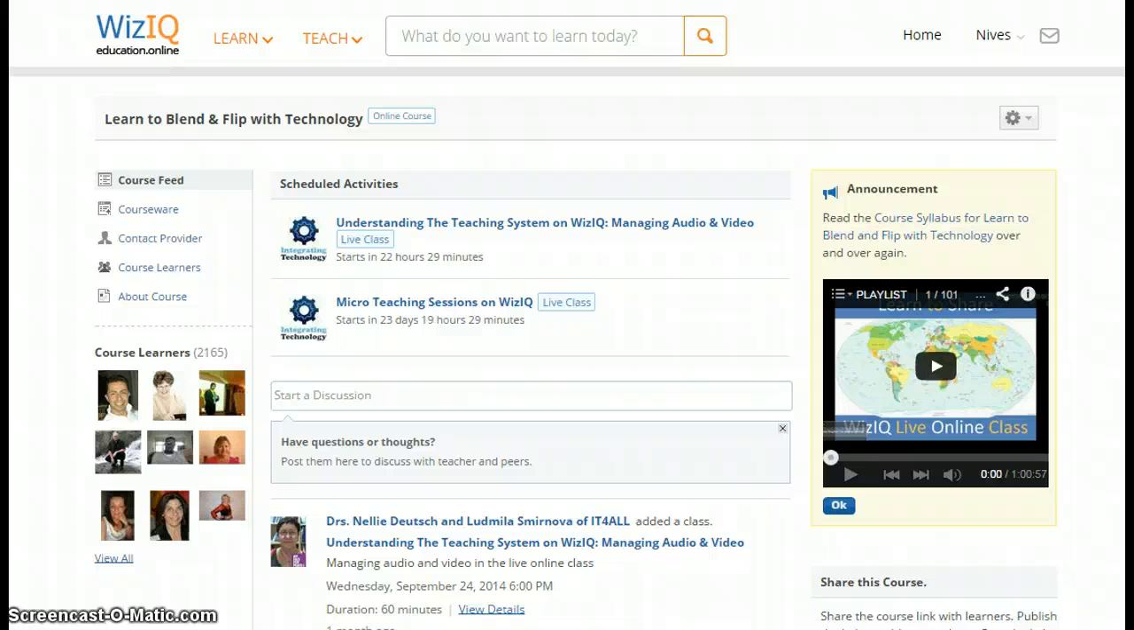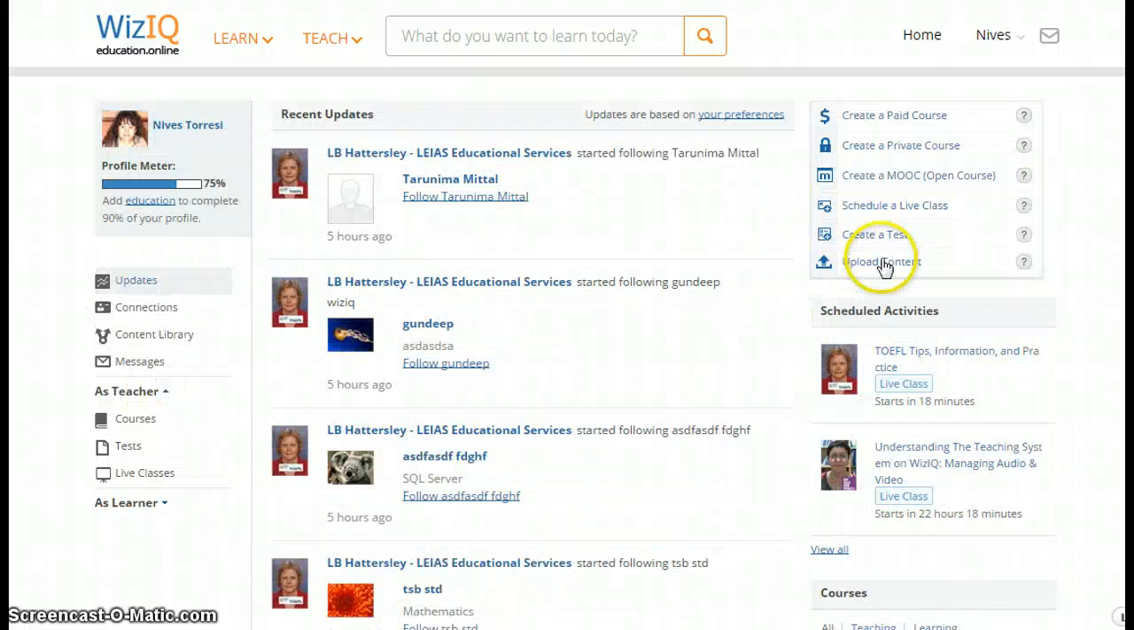As I wait for my slow internet connection to go to my home page, here we are on the home page. As you can see, I've got updates in the middle, schedule activities, details of how to create a course or a class or a test, upload content. I'm going to go over here to the left hand side, and you can see here I've got the content library. So I'm just going to click on that, open the content library,